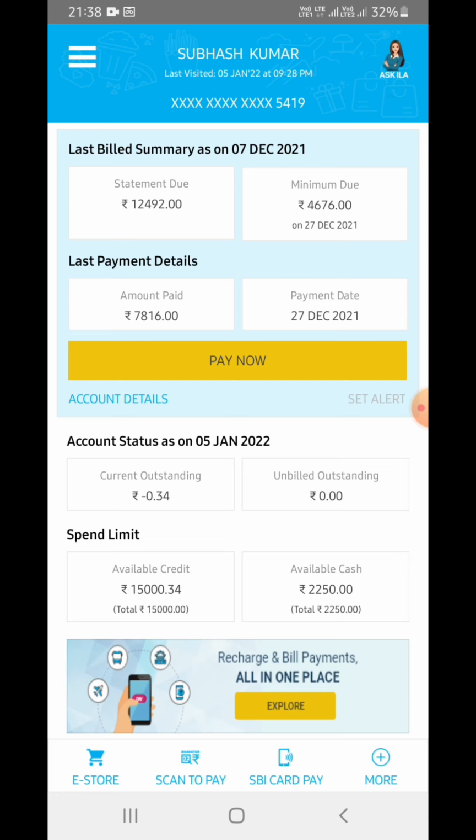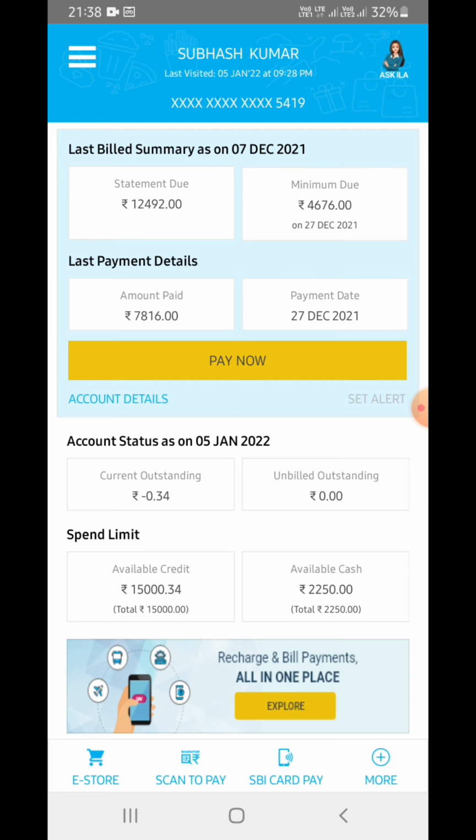So when the 7th comes, whatever transactions I have done and whatever money I have taken from the Paytm SBI card will be generated in the form of a bill, and they will give me a period of 20 days. Till the 27th I have to pay the minimum amount which is required.